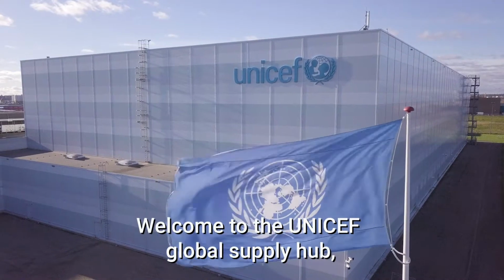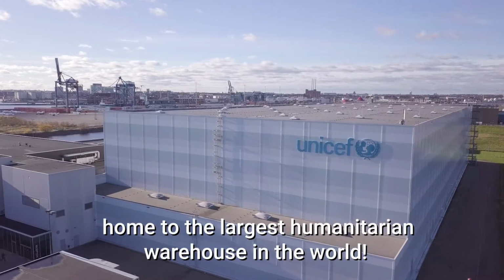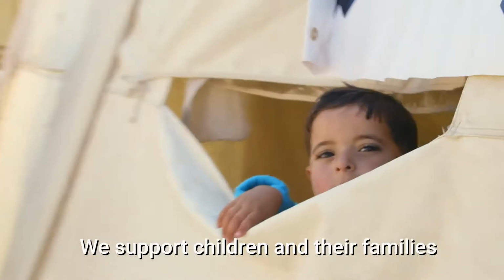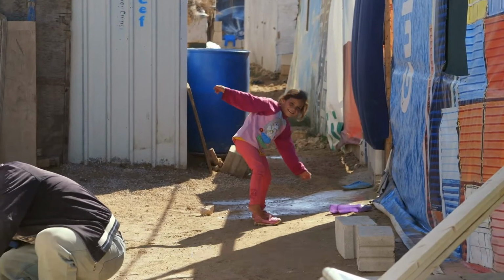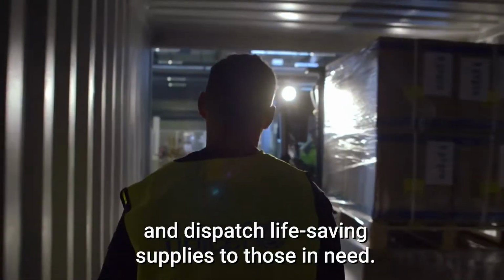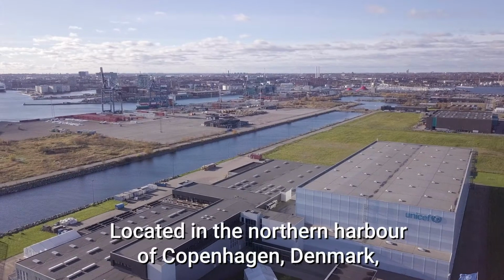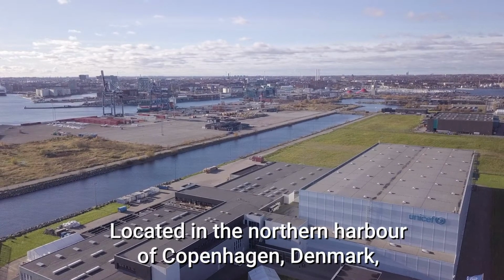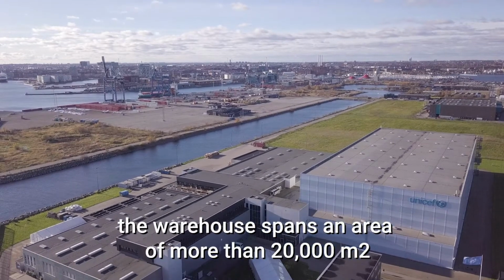Welcome to the UNICEF Global Supply Hub, home to the largest humanitarian warehouse in the world. We support children and their families around the globe as we procure and dispatch life-saving supplies to those in need. Located in the northern harbor of Copenhagen, Denmark, the warehouse spans an area of more than 20,000 square meters, the